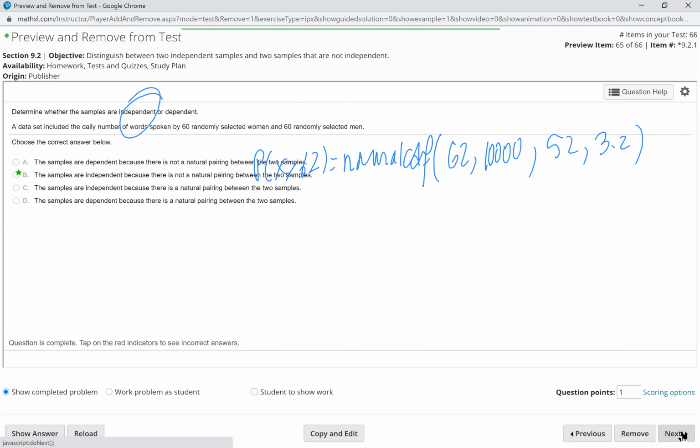Sample size. Determine whether the samples are dependent or independent. A data set included the daily number of words spoken by 60 randomly selected women and 60 randomly selected men. Well, they are independent, women and men, two different groups of people, guys. That concludes